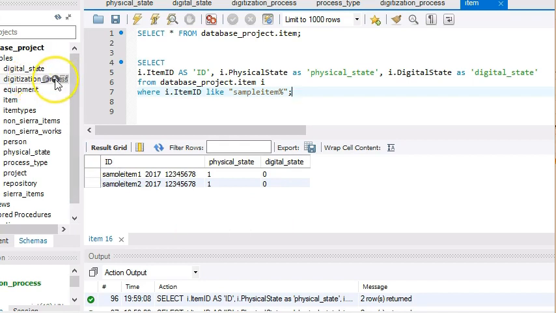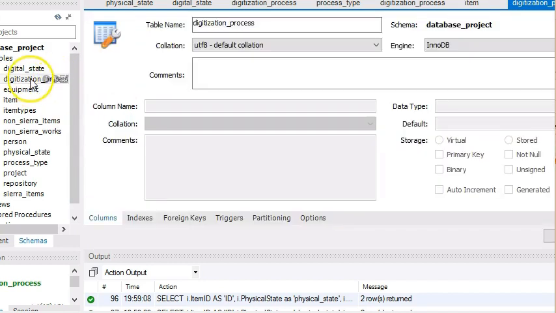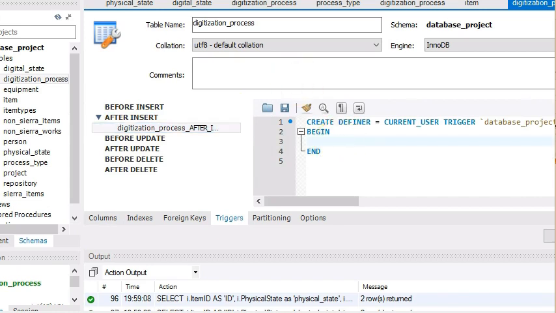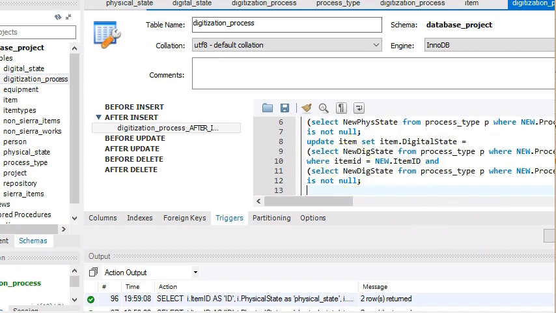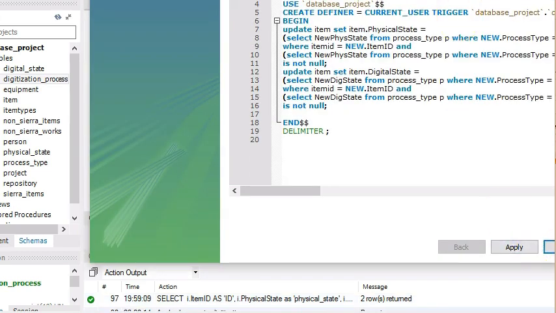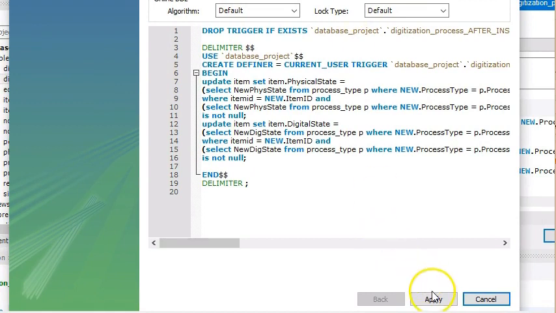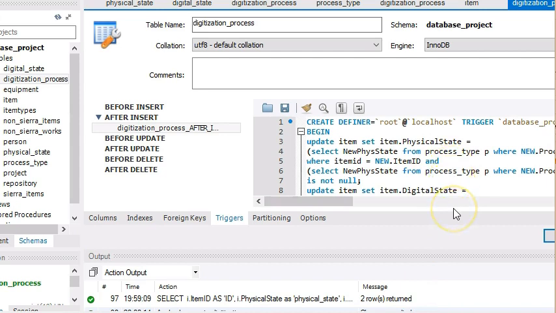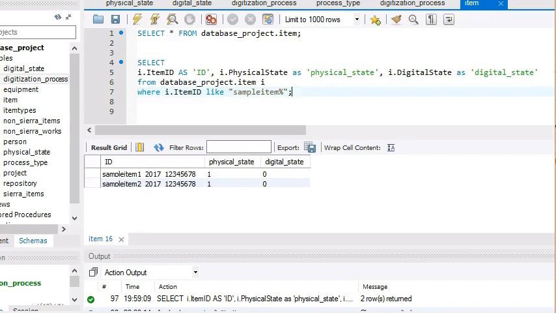This isn't completely set up yet, so what I want to do is look at the digital processes and add a trigger after new rows are inserted to this. And I'm going to do that by just, again, pasting in something that I think is working. So add in some SQL like this, and it may not be visible on this recording screen, but if I apply it, and if it's all correct, this is done, and we've added a trigger, so that adding a new row here should work some magic. And let's